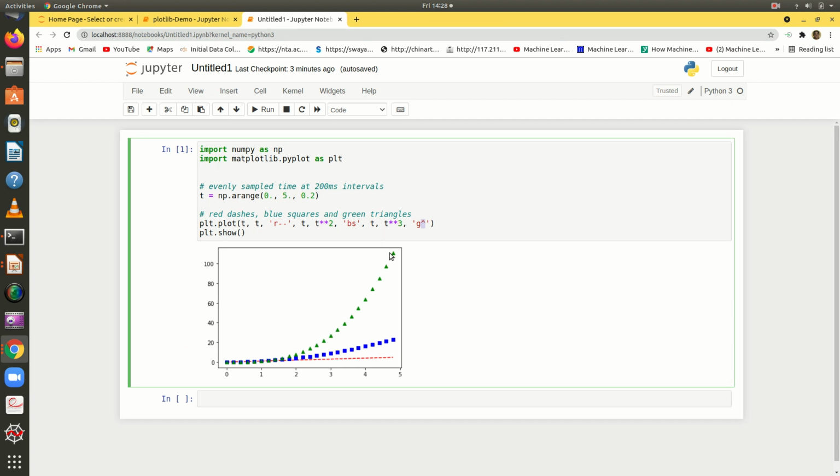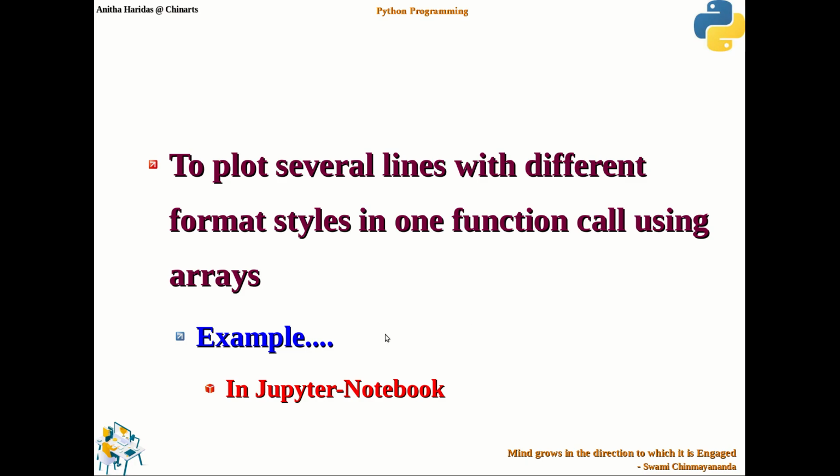So that is what is shown here. So just by giving one plot function, you are going to have the plotting of several lines with different formatting styles, and I have tried it in Jupyter Notebook. Okay.